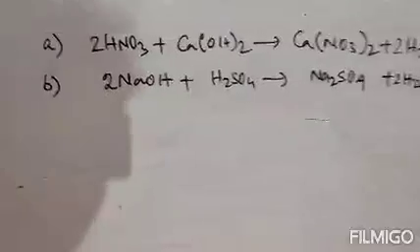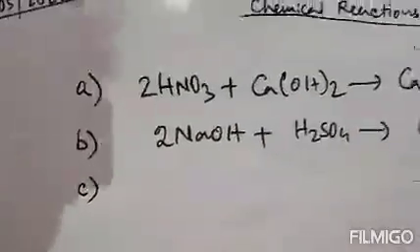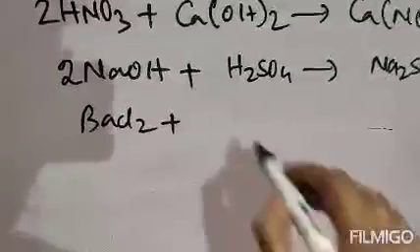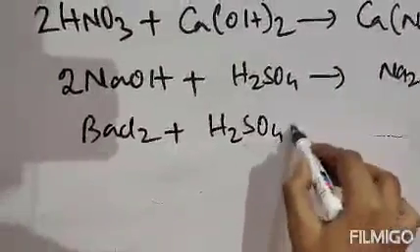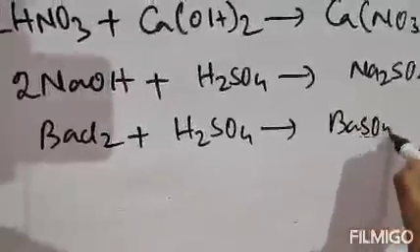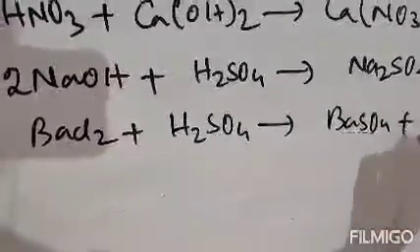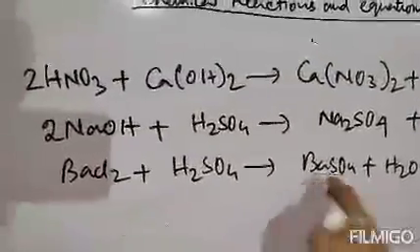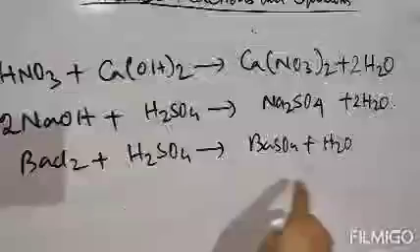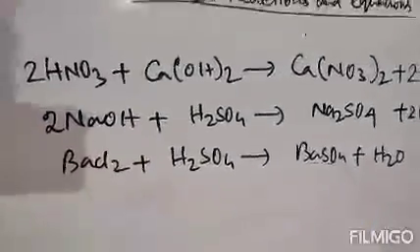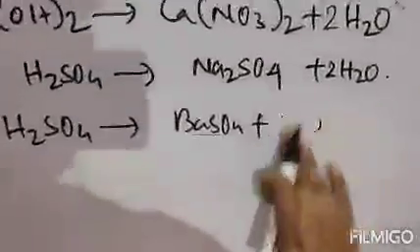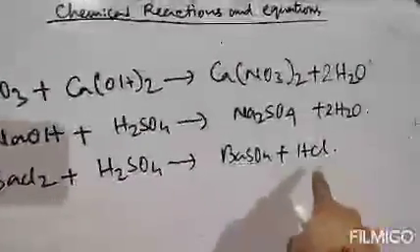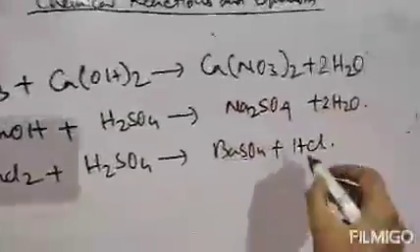Clear? So in this way we will balance chemical equations. Let's take another example. Suppose BaCl2, that is barium chloride, plus H2SO4, sulfuric acid, it is treated with, and the product is BaSO4 plus HCl. Clear? Now count the number of atoms. On the left hand side 1 Ba, on the right hand side 1 Ba. Ba is balanced. On the left there are 2 chlorine, and on the right there is only 1 chlorine. That means chlorine is short, therefore write 2 here.